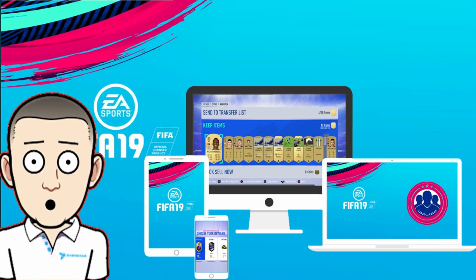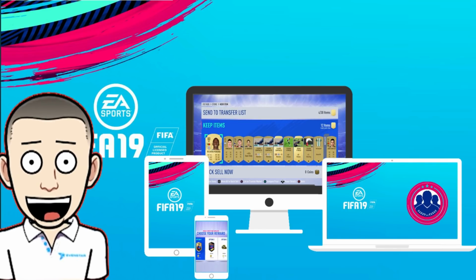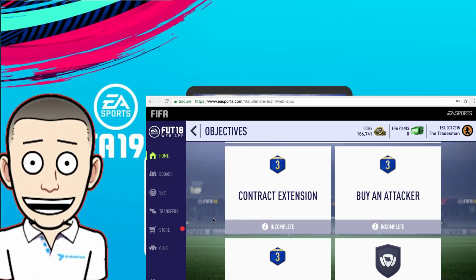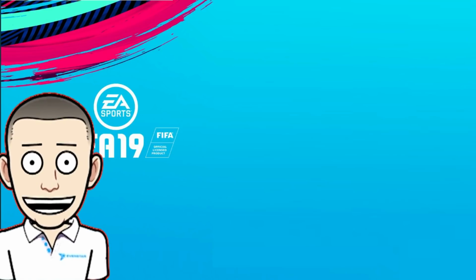And so be sure to complete all the SBCs that you can yourself as well, as long as the prices don't get out of hand. You should also have plenty of daily objectives to complete, and again, this is the time to do so. Later into the game, completing an objective for 250 coins will be pretty grim, but at the beginning, it's free